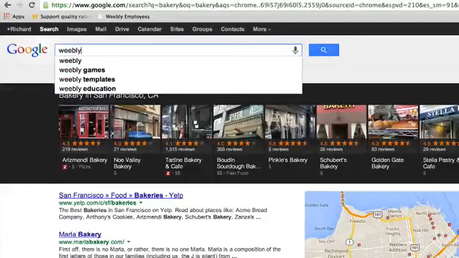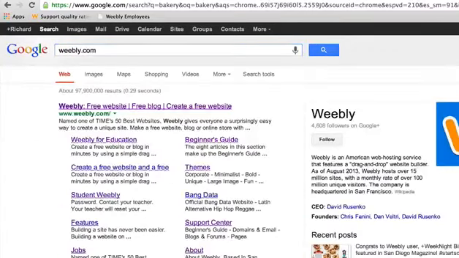Like, people come to Weebly all the time by typing Weebly.com in search. You don't have to search for Weebly.com. You just type it in your browser. That's why the browser bar is there. But people search all the time based on the domain name or just based on the words in the domain. So